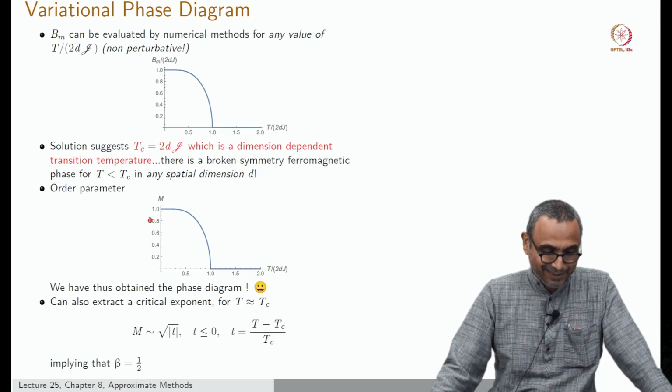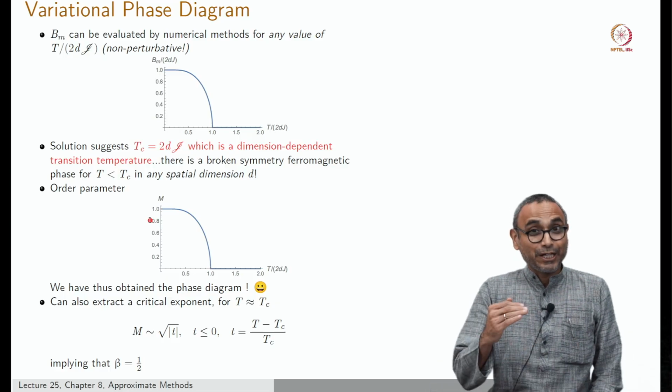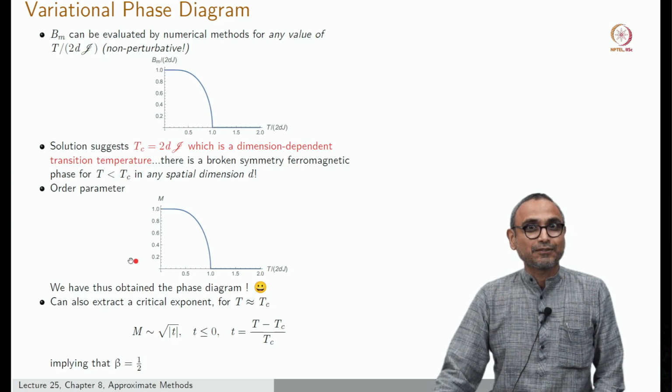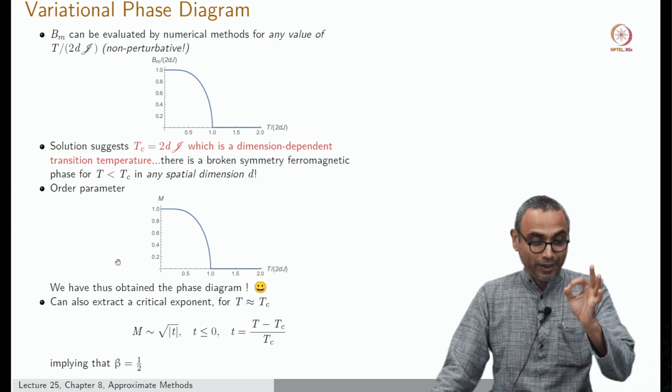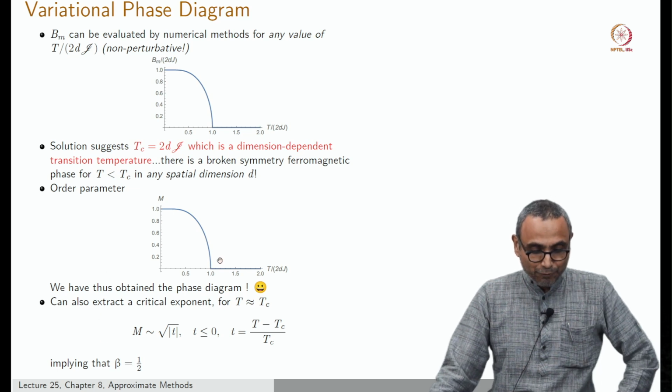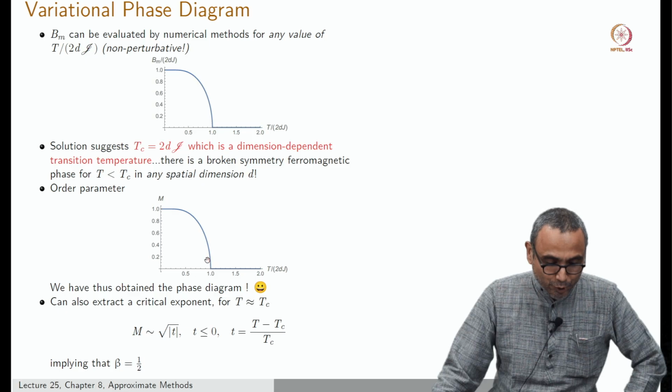Or is it? Okay. You can do a little bit more. I have not shown the details of this calculation. They are very straightforward to do, so I encourage you to do this. If you look at the regime close to Tc, which is what I am circling here by this pointer,